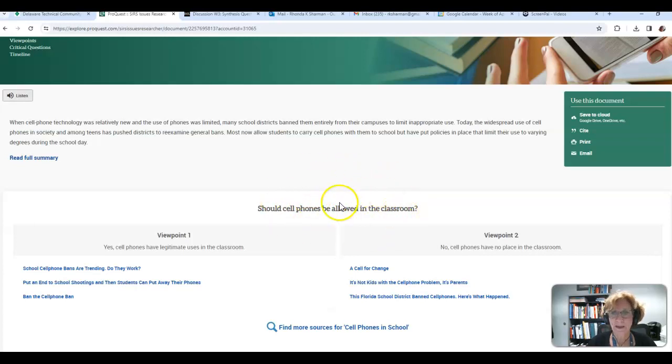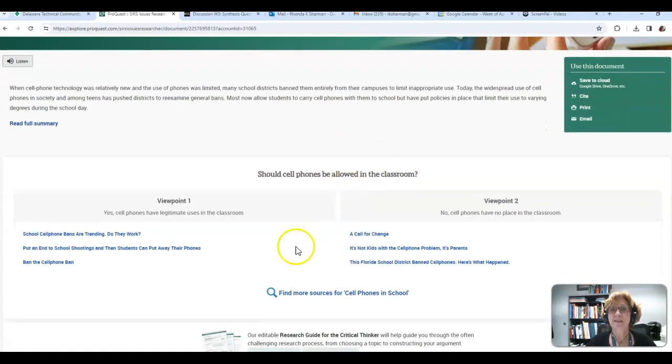That is the debatable issue. For this unit's essay or research, we want to find two articles that are on differing perspectives on this issue. And SIRS is a great place to do that because you can see that there are two viewpoints clearly explained for the issue, and there are some articles for each side.